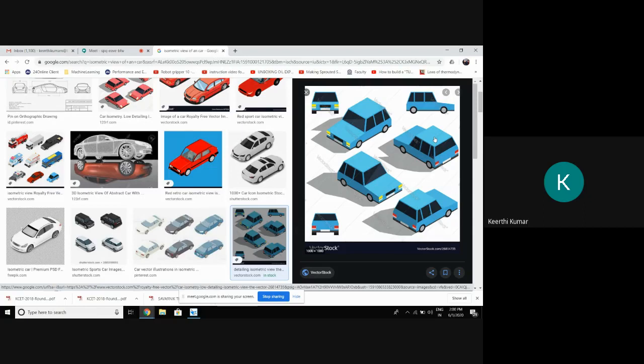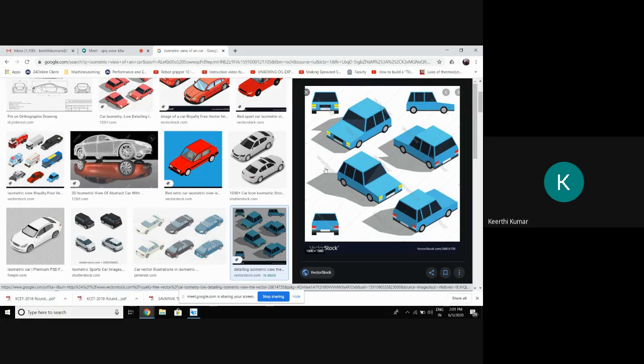Yes or no? Yes, sir. See here, this is the 1, 2, and 3. These three are the representation of the same car, one car, this car. But here, this car is represented with the help of isometric view, and these three are expressed with the help of orthographic projections. You imagine which is suitable and which is comfortable to see.